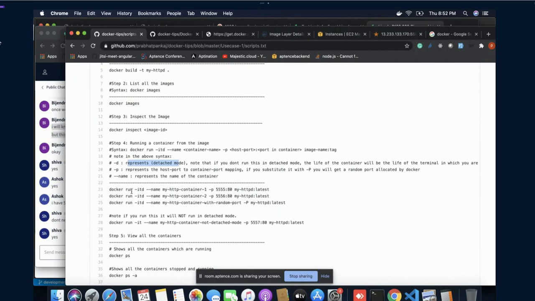So you can see what we are doing here: docker run -itd, name is equal to my HTTP container one, port. Inside port is 80, outside port is 4445, and this container should be created from where? It should be created from this Docker image, like this one.